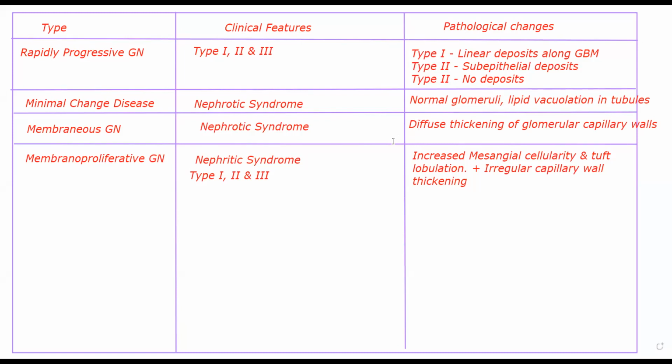In type 2. In type 3, you will see subendothelial deposits, very rare. You will see features of type 1 MPGN along with membranous nephropathy in type 3. Okay? It is also associated with some systemic disease and drugs. Generally, the patient will have subendothelial and subepithelial types of deposits in type 3. Very, very rare. Now, clinically, MPGN mostly occurs in patients about 15 to 20 years of age. The most common age for diagnosis is 15 to 20.